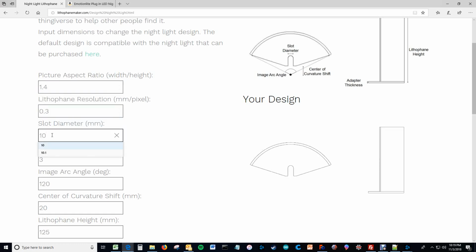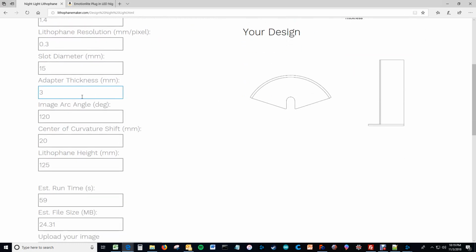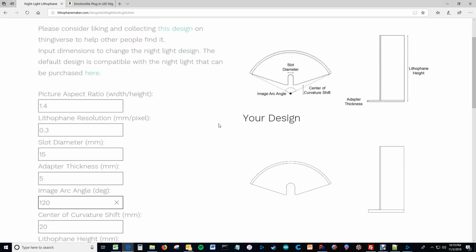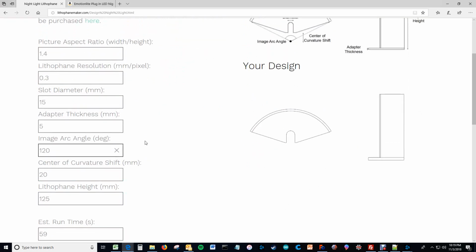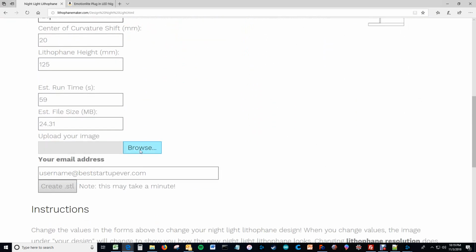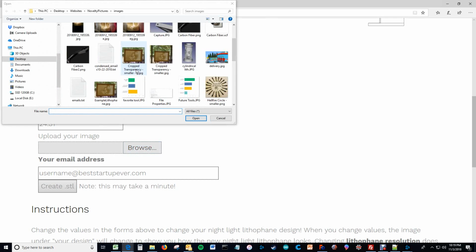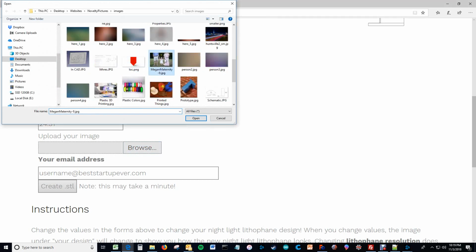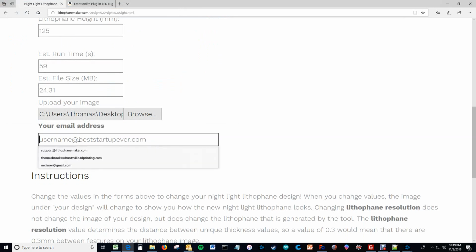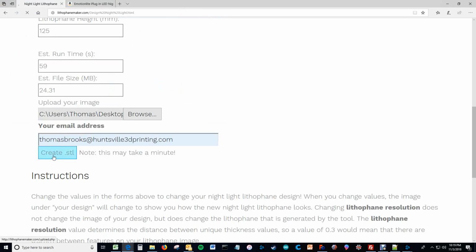But maybe your nightlight has a slot that's 15 millimeters, so you need to measure your nightlight and find what the adapter needs to look like, and maybe its thickness is 5 millimeters. All of this is in the design schematic, and you just fill all of this out, and then you pick an image that you want to turn into a lithophane, and then you just hit create